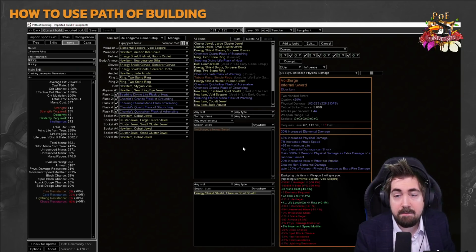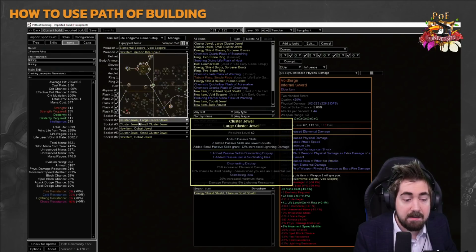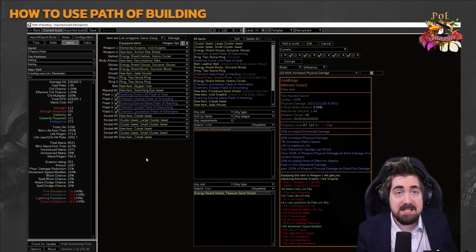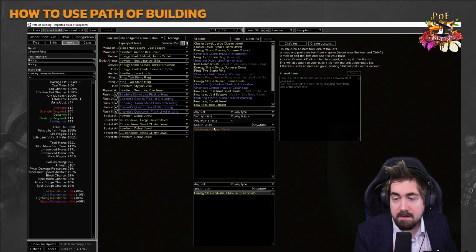Basically, we would add stuff like that. Sometimes you'll see guides have maybe an insane flask or an insane jewel, and that's generally to simulate something that Path of Building doesn't manually calculate. But at least I think this is fairly new that it actually works. So if you see a flask that gives like 10 million damage, it's probably a simulation for something that